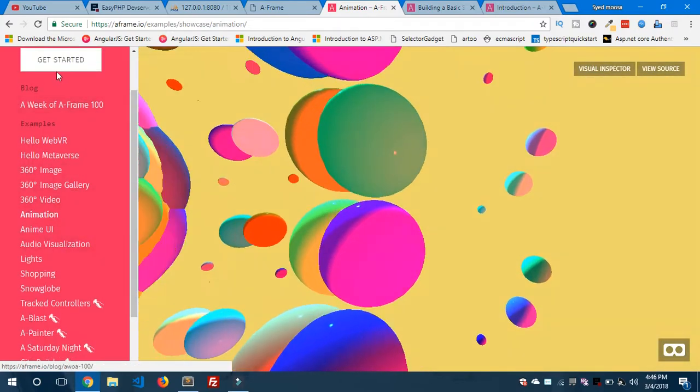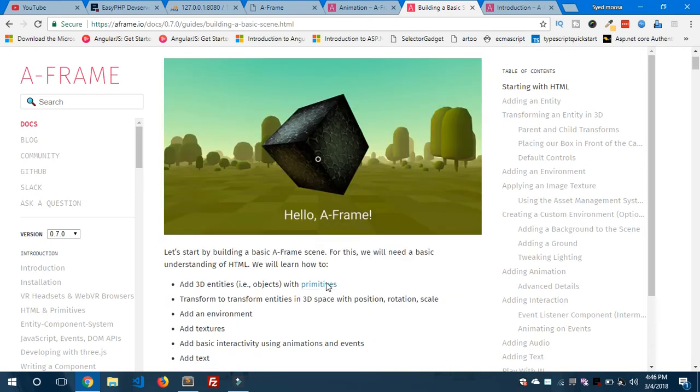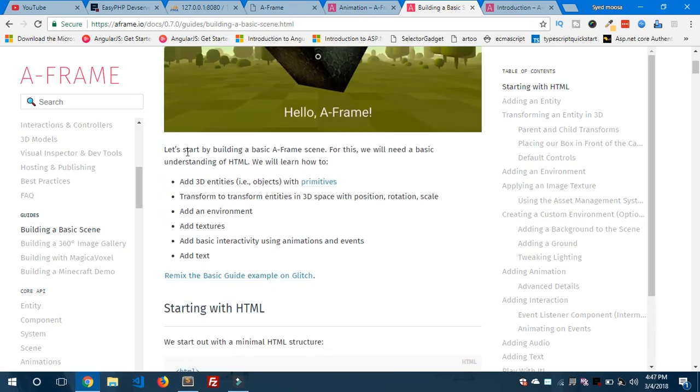I have already opened the page on my tab. If you want to build a basic scene of virtual reality with HTML, then you can get started with this documentation. So here you can find building a basic scene. You have to start from here so that you can understand clearly. It starts by building a basic A-frame scene. For now, we should have a basic understanding of HTML if we really want to create virtual reality experiences